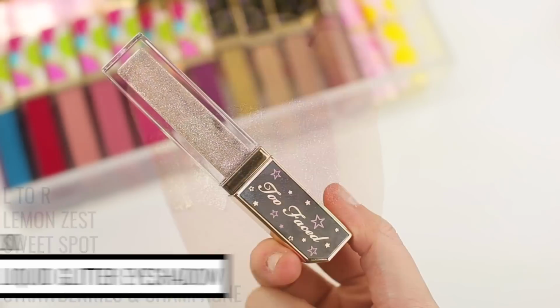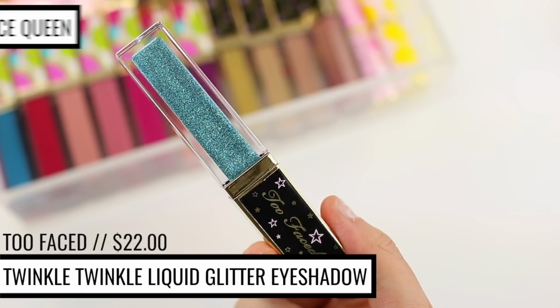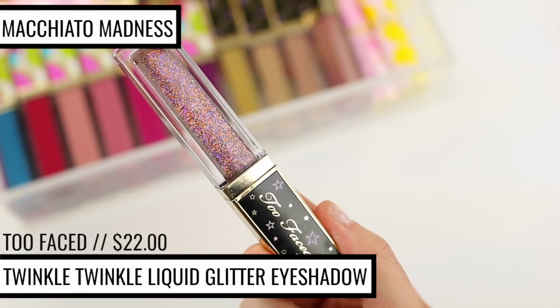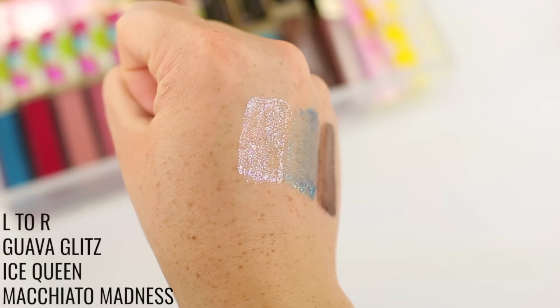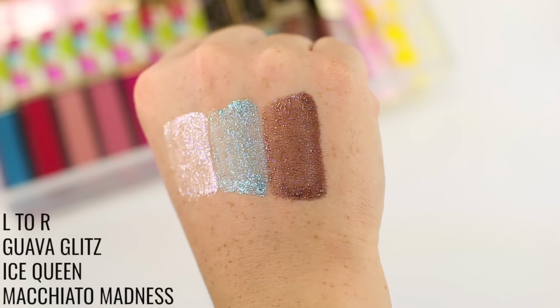As for the pros, there are some really beautiful colors and they go on really easily. They do last on the eyes without fading or creasing, and I don't experience any fallout with these, which is really good. Some glitter shadows you do experience fallout, but these do stay in place really well. They don't take forever to dry down, so you don't have to sit there with your eyes closed, and they